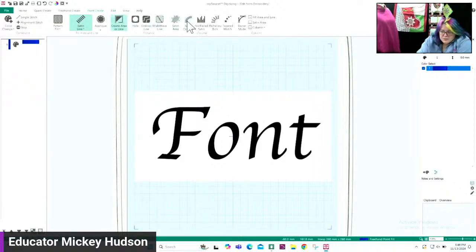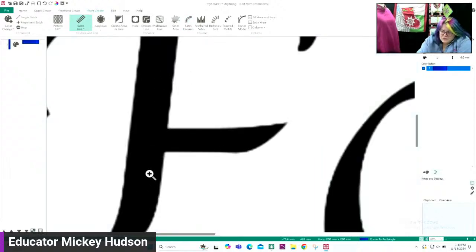But what I'm going to do is click on the satin line here. I'm going to zoom in a bit so you can see what I'm doing. And I'm using this font that you're seeing behind it, the image, just as a guide, just so that I can follow a letter. So I'll click on the satin column, and I'm going to start about halfway in this column here, because I want to secure my stitches. And I'm going to click and click,